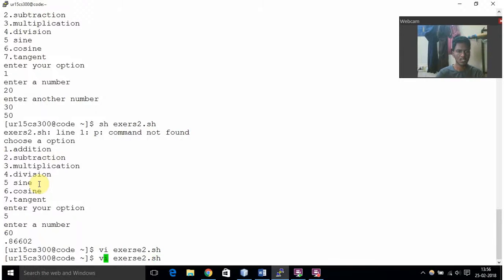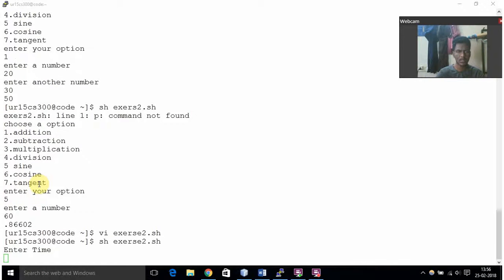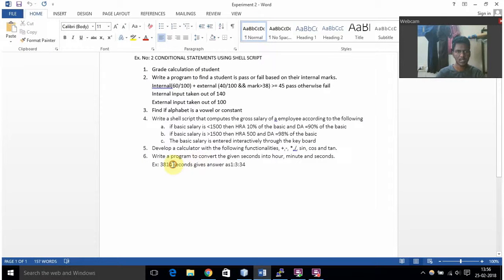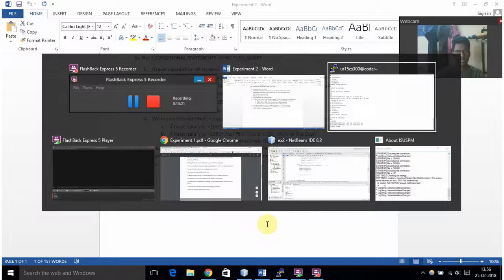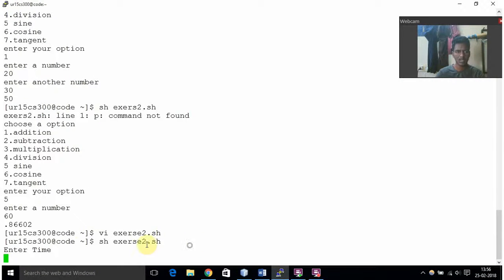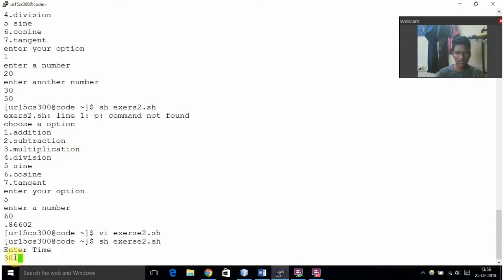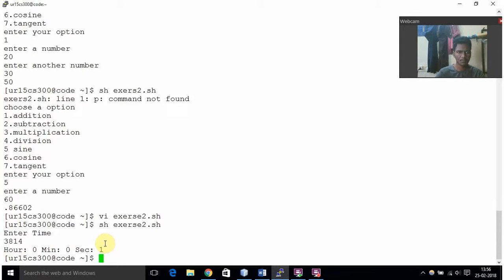Now if you want to check out the output, enter the time. It is asking us to enter the time, and in the question we have been asked for 3814. The answer should be 1 hour 3 minutes and some seconds. Now it is asking me to enter time. You can see it here. I'll press 3814. 1 second. There's some